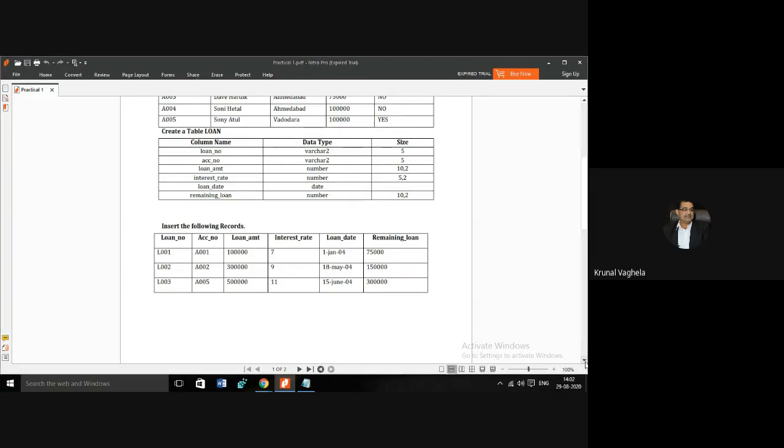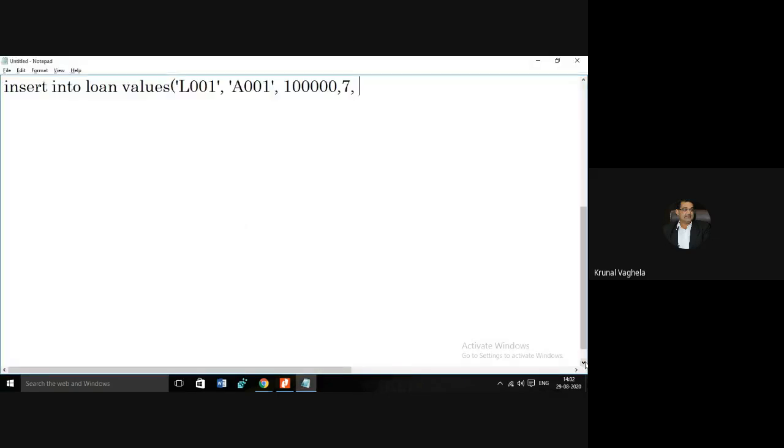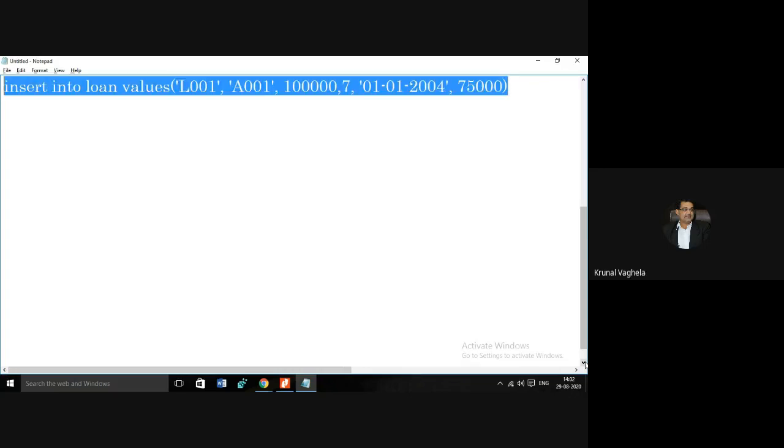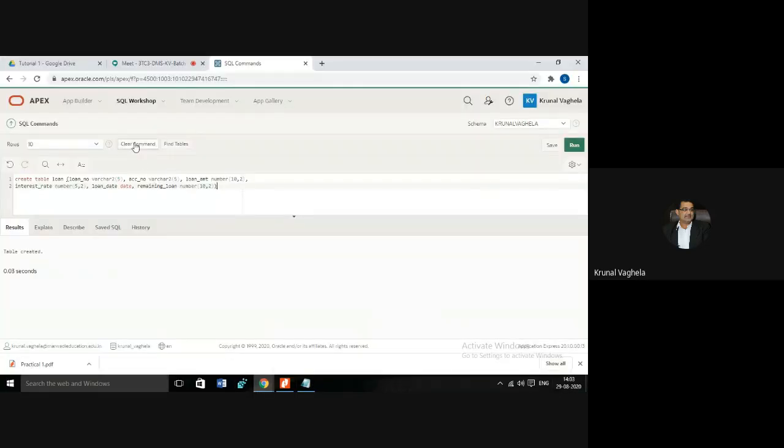So 1st January 2004 means the month is January, and you should include it in single quotes, 01-01-2004, comma, and the remaining amount is 75,000. Control C, Control V, run.